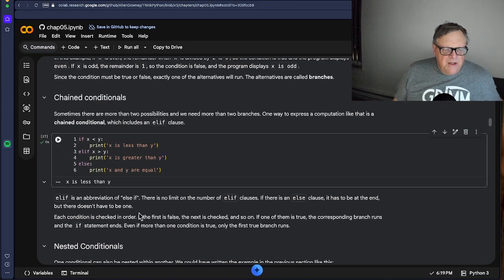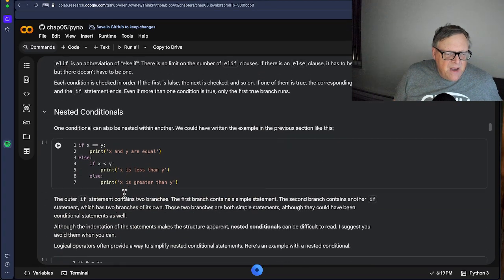And of course, the conditions are checked in order. So if one condition is true, it never looks at the others, just skips right past them. That's also, by the way, how firewall rules work in firewalls. Anyway,